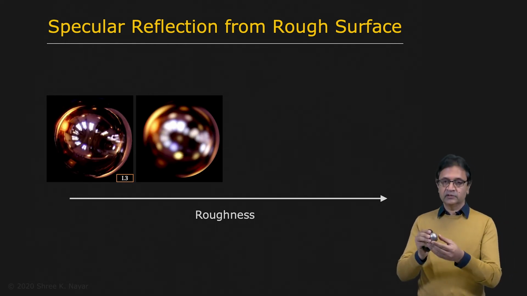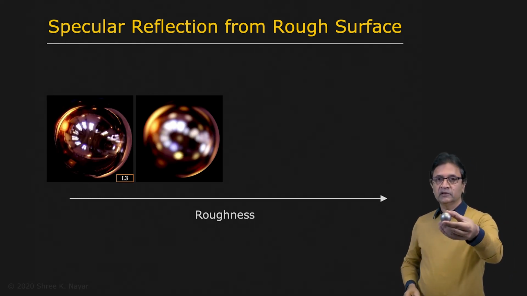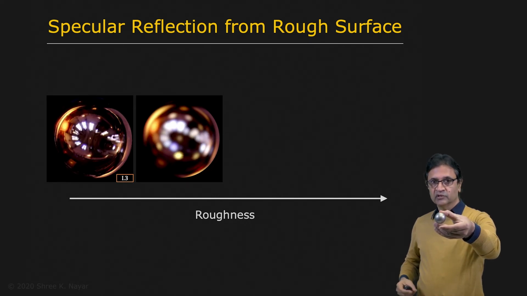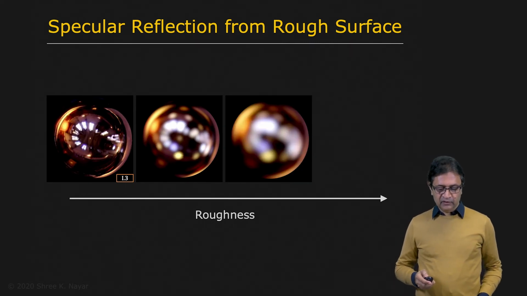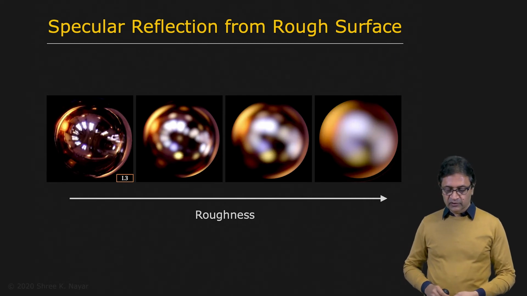If you can see this particular sphere right here, you see that you can actually take a look at this and guess where the light sources are, but the rest of the scene has been blurred out, so to speak, because of the roughness. Although it is primarily surface reflection that's taking place here, meaning to say that there isn't any body component. There's no Lambertian reflection happening here. If you further increase the roughness, you see what happens. Things start getting blurrier, and so on.